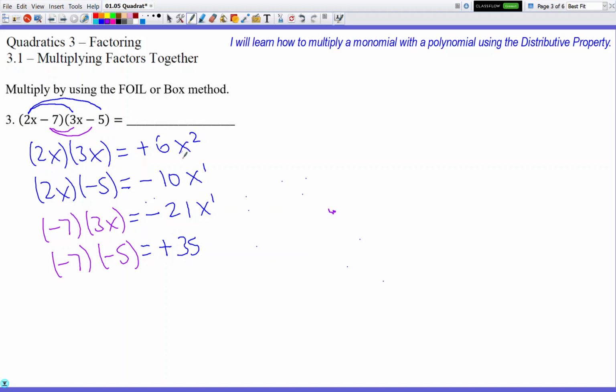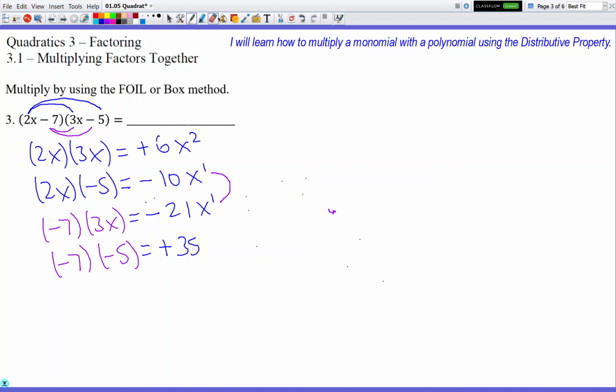But this guy is x squared, x to the second power, whereas these guys are x to the first power. So the top guy does not match with the two bottom ones because they don't have the same power. They have the same letter, but not the same power. Okay, so the ones that actually do match are those two right there, because they both have x's, and they both have the same